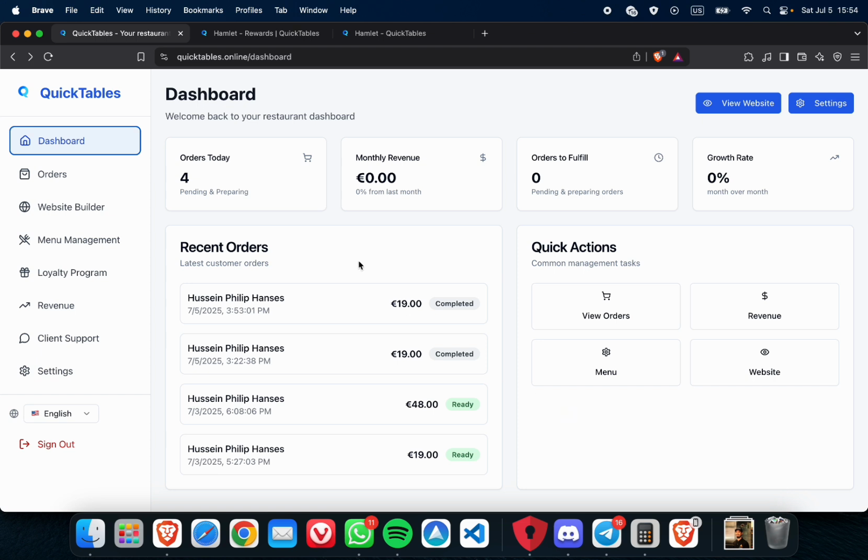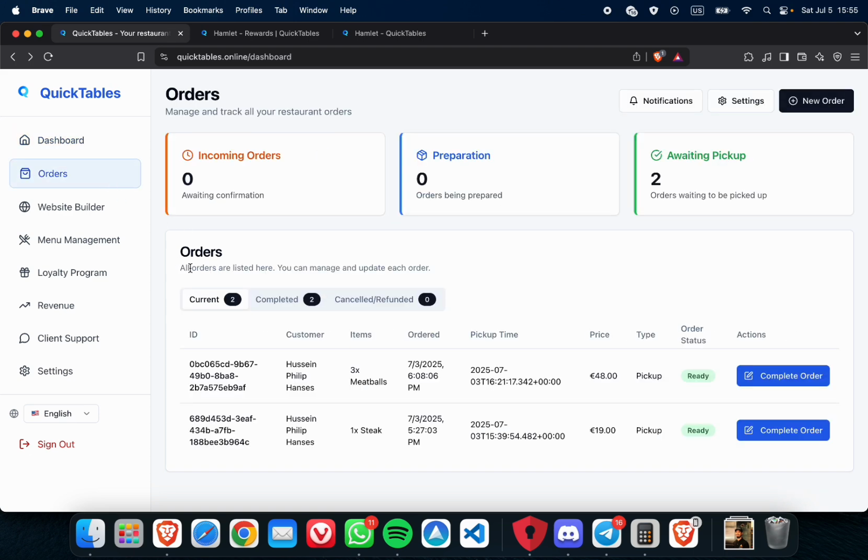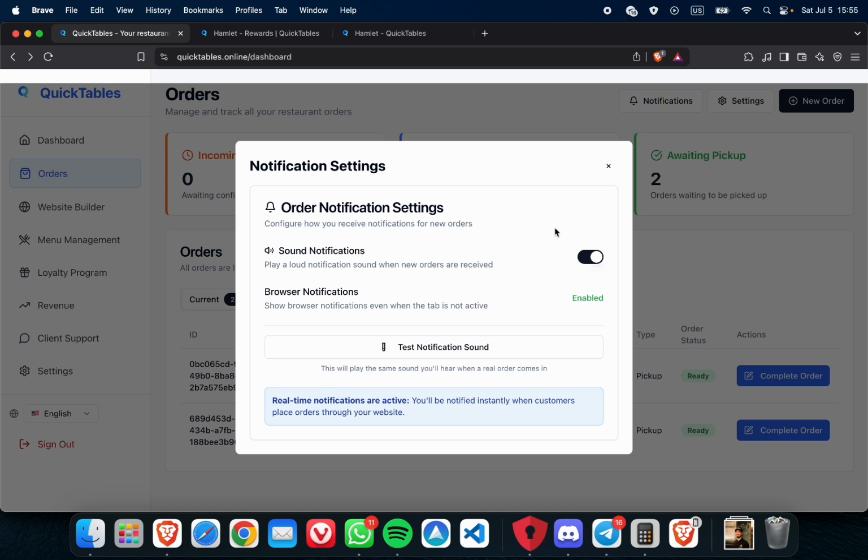So starting off, we have the dashboard right here, pretty simple stuff. Runs you through all of the most recent orders, as well as some general information for you to take part in. Over here, we have the orders tab. Every single order that is going through your website is going to be appearing in this orders tab. There is also sound notification settings right here, which I recommend keeping on, because that way, whenever there is an order coming in, a test notification sound